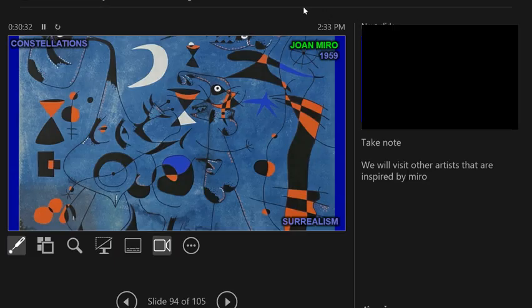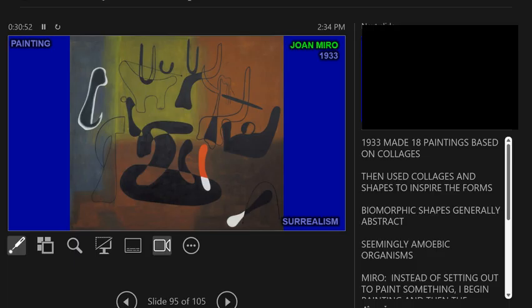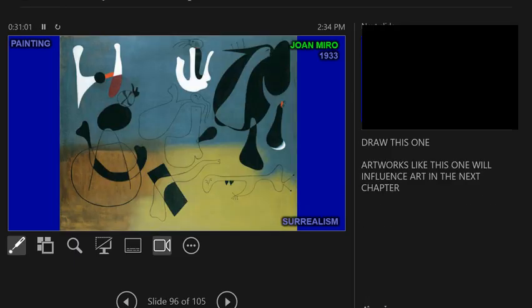So then it looks like a creature right here, and there's his eye. Maybe it's wearing like a robber's mask with his mouth like this, and you can see his backside over here, and maybe some other things that you see in this image. But he starts making these paintings where these shapes become more and more abstract. And this is where we come to biomorphic or abstract surrealism. All right, and this will finish us for surrealism. Are there any questions about surrealism?